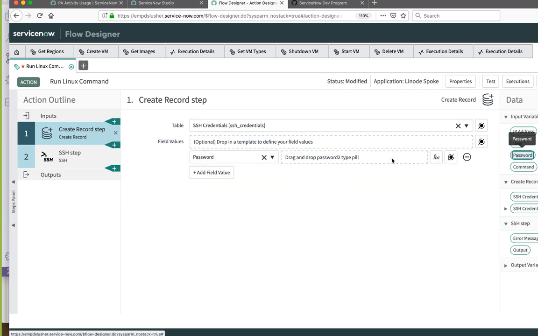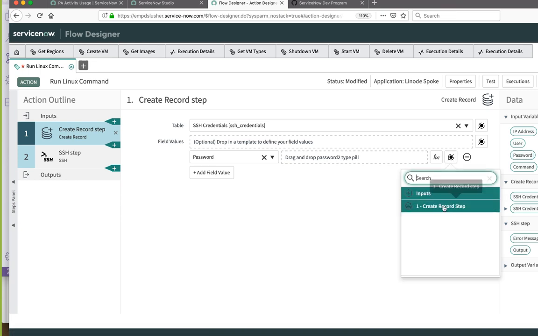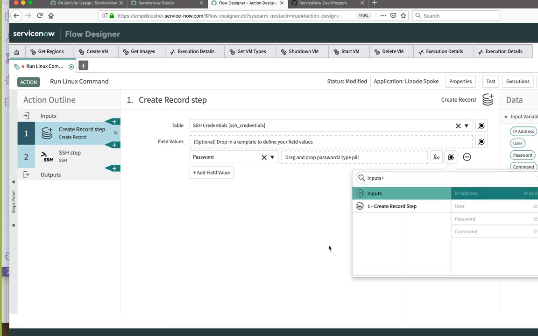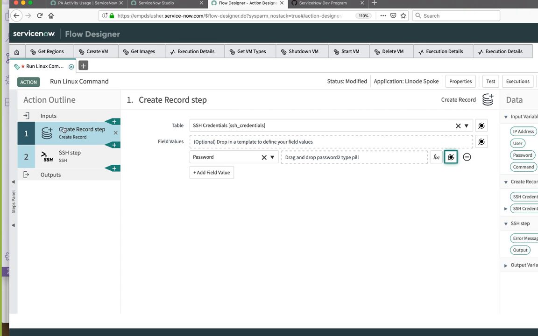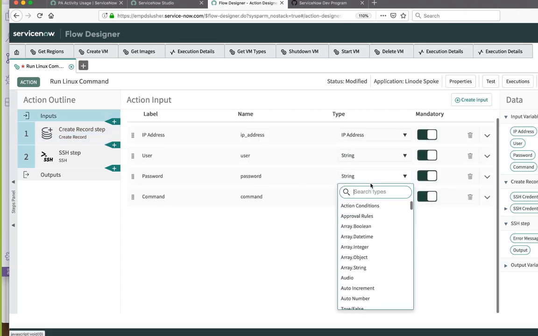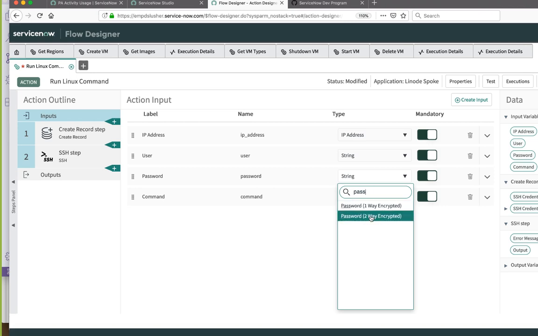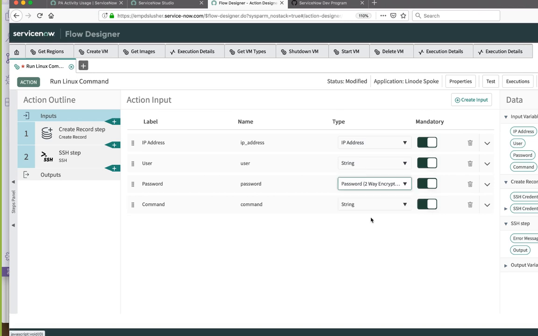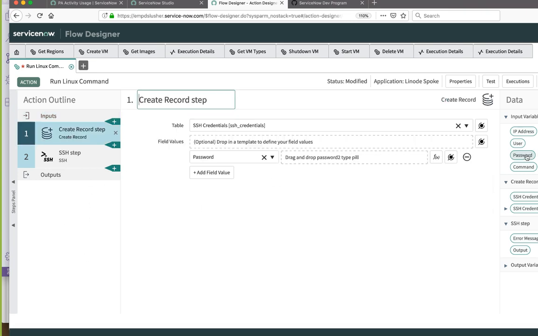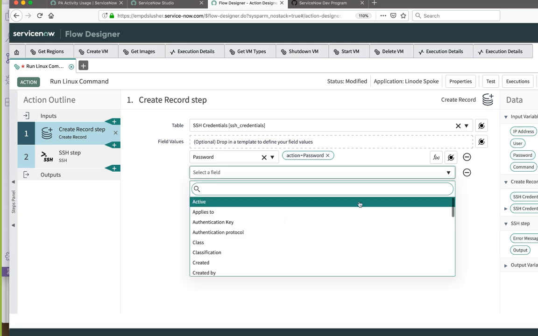Let's see. I wonder what the absolute minimum required here is. It won't take a password. Oh, I'll bet you I have to define this as password type. Oh, the input? Yeah, so you can pass it the data pill in. That seems reasonable. Let us just begin with this and see what happens. All right, so now, will it take this? Yes. So I'm creating an SSH credential, the password, and probably a username, right?